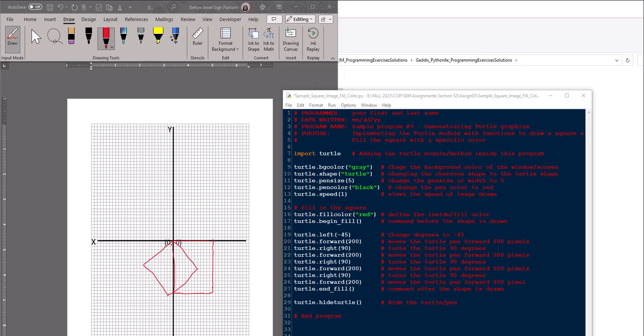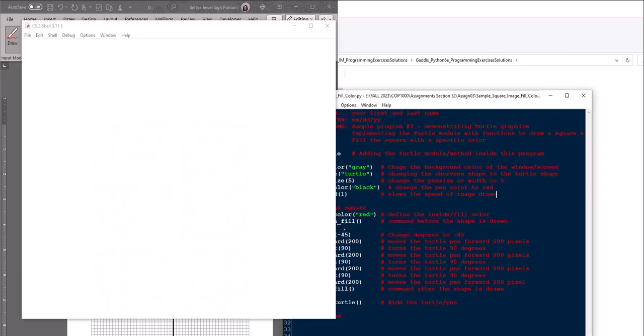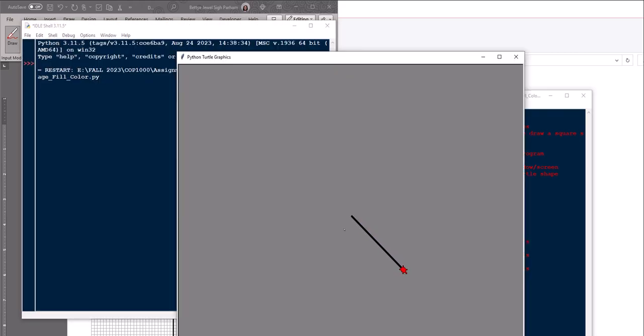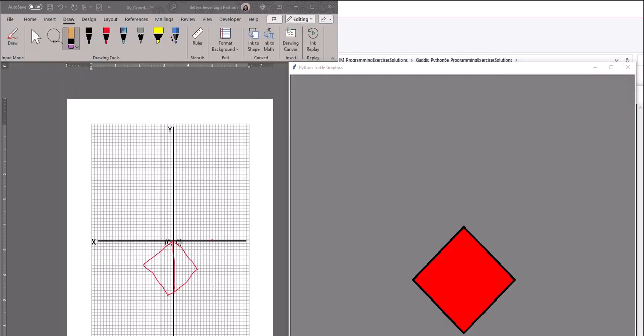So turtle speed 1 is going to slow down the speed of the image as it's being drawn. So let's run it and you'll see. So it changed the angle to a -45. It changed the direction slightly, offset it, and it ends up looking like a diamond shape. And so this is what the screen is going to look like, and it resembles closely the actual drawing using